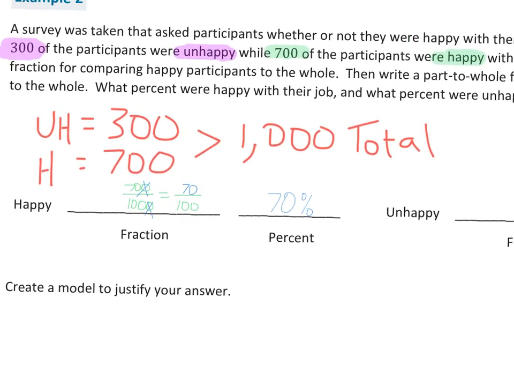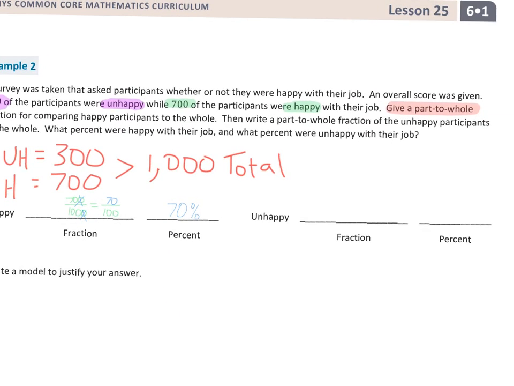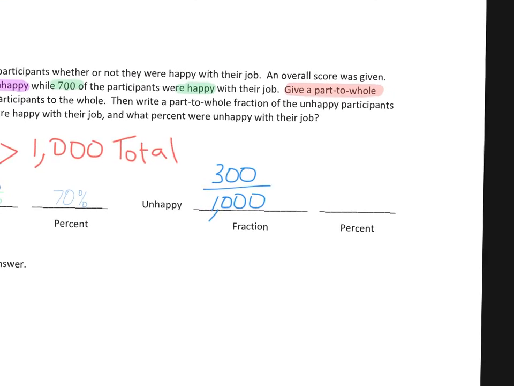Because remember, a percent is an amount of identified objects out of 100. So the unhappy, obviously, you can just keep this going here. Unhappy is going to be 300 of 1,000, which again, I'm just going to divide and make it equal to a certain amount of hundredths, which means get rid of that 0 and get rid of that 0, right? Both of them divided by 10. So to move from here to here, I'm dividing by 10. So to move from here to here, I also have to divide by 10. So that's 30 hundredths. So my percentage is,